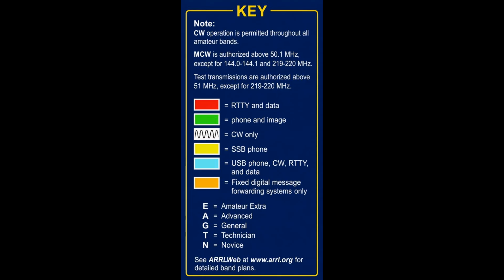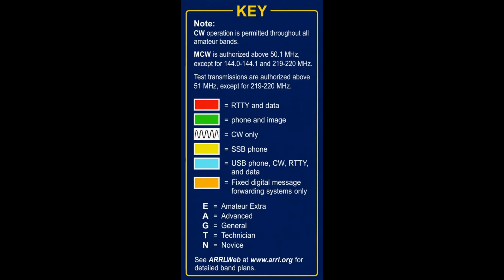As you look at the band plan, I want you to focus on the key. Notice that at the bottom of the key is listed the novice, technician, general, advanced, and amateur extra licenses. This is a list of the licenses that exist at this time for amateur radio operators. The novice and the advanced license classes are being phased out, so there's no testing for them now. As operators pass on and become a silent key, or fail to renew their licenses, the novice and advanced license classes will become extinct. So we're left with the technician, general, and amateur extra license class.